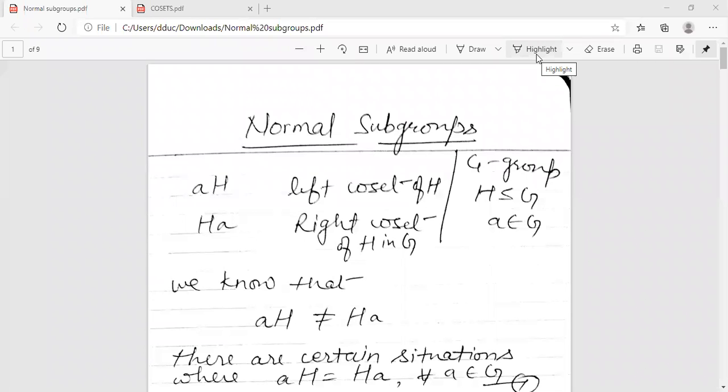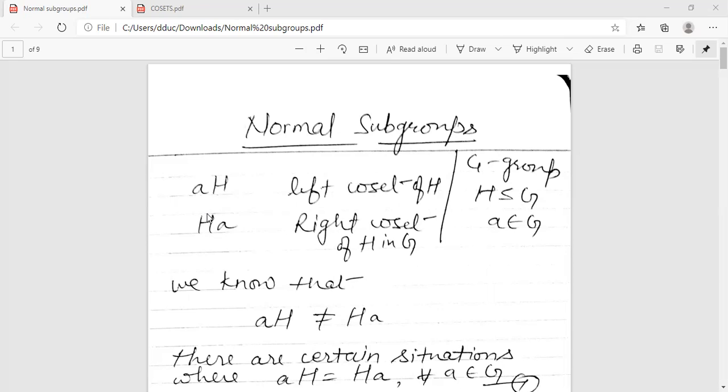Hello everyone. Today we are going to study normal subgroups. In the last lecture we saw cosets. As we all know, cosets are of two types, left cosets and right cosets. You have a group G, H is a subgroup of G, and a is any element of G. Then aH is called the left coset of H in G and Ha is called the right coset of H in G. And in the previous lecture we have seen that